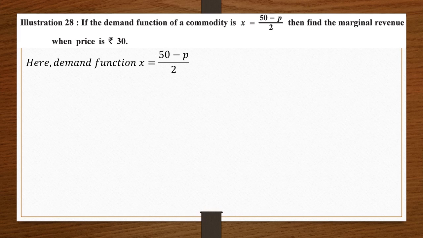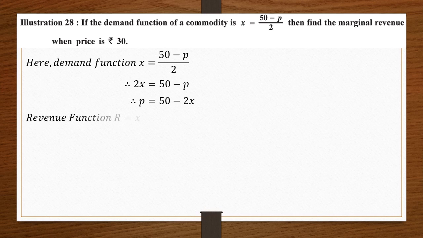So what we are going to do is simplify this into our regular system. Okay, X is equal to 50 minus P upon 2. So we will move the 2 across. That will be 2X is equal to 50 minus P. Next we are going to swap negative P and 2X between the places. So we will get P is equal to 50 minus 2X. Now this becomes our regular equation. Now this is the price equation.